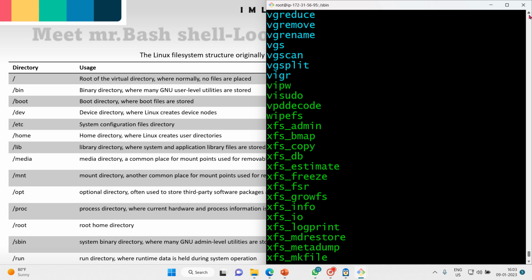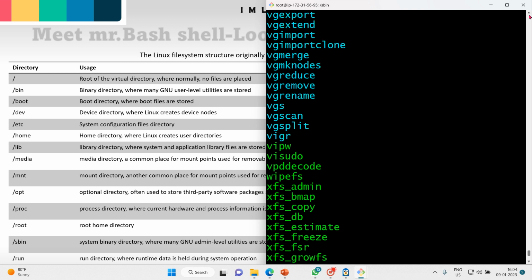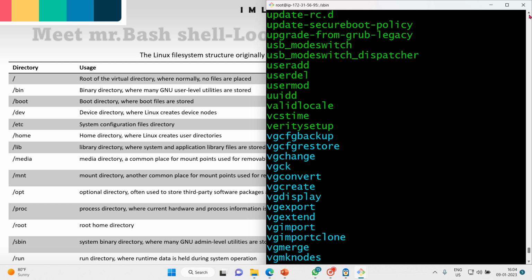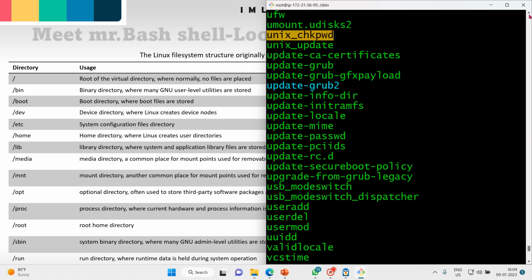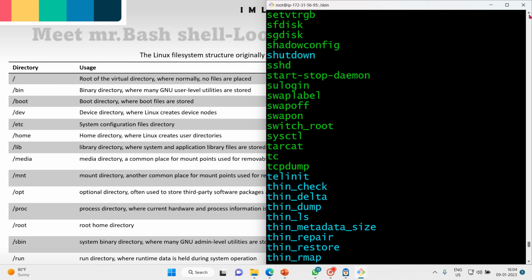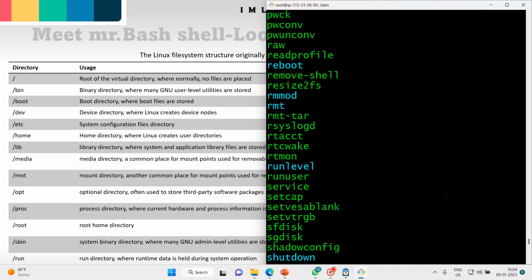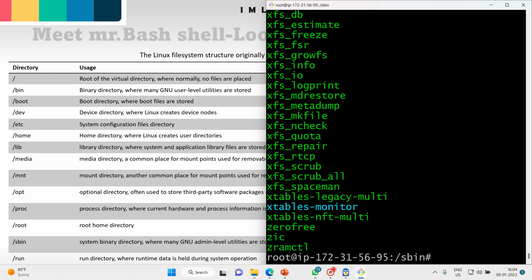list of user names who can become a sudo, who can take the permissions, and who can act as a root user. So many utilities cannot be used by a normal user, so all those utilities will be placed in sbin. For example, reboot is one. And then we will look into the